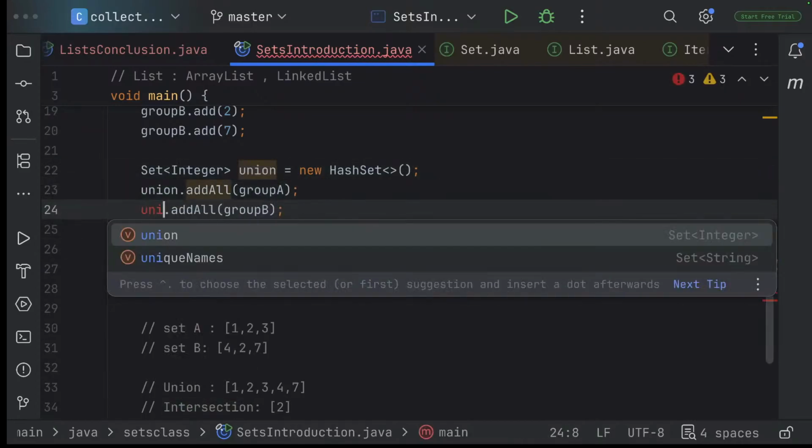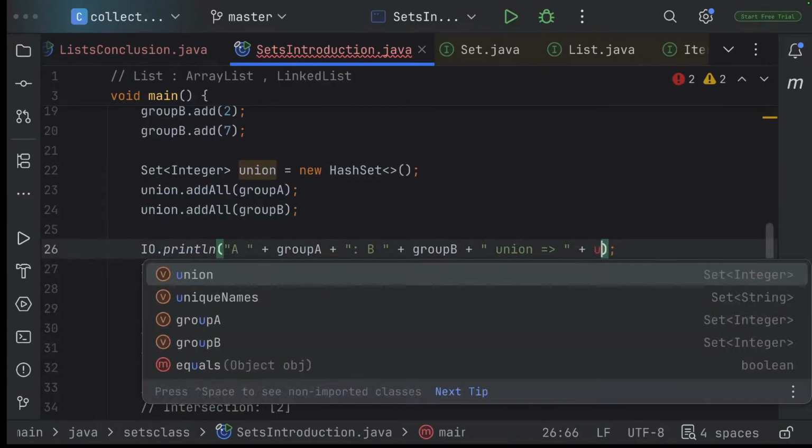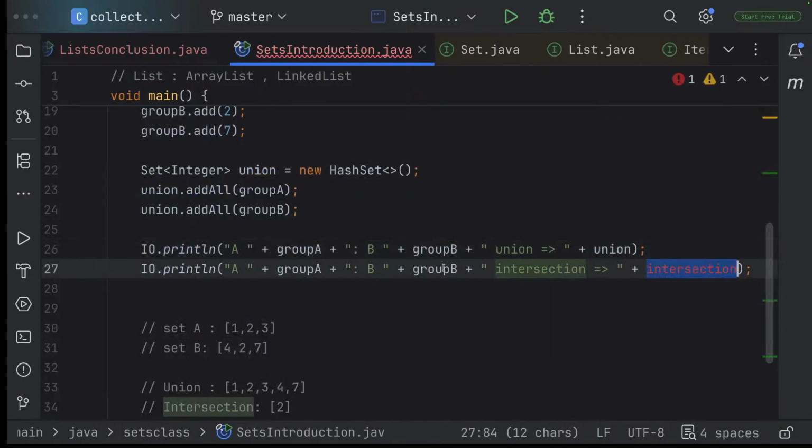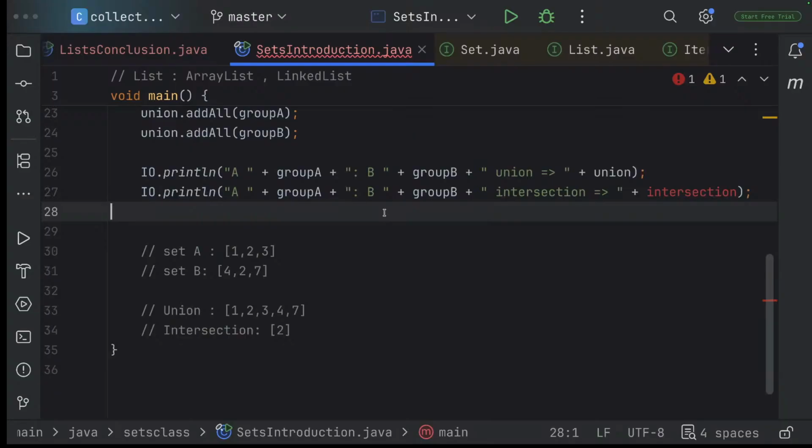Union. So now let's try and get intersection. So intersection is the element that is unique to each set. So you can find it in